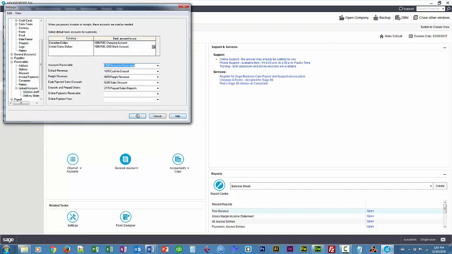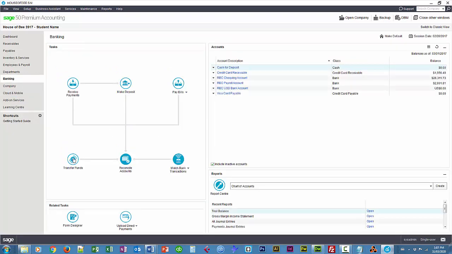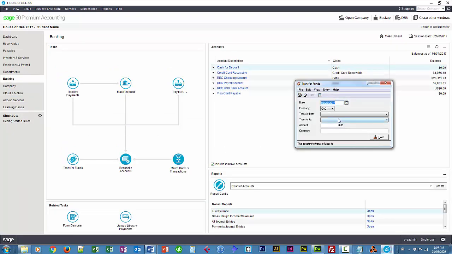And OK. All right, I'm going to just quickly transfer some money from my checking account into that USD account so that we can make purchases and sales using that account. So I'm just going to go to banking and transfer funds. And this is on February 19th again. And I'm transferring from RBC checking to